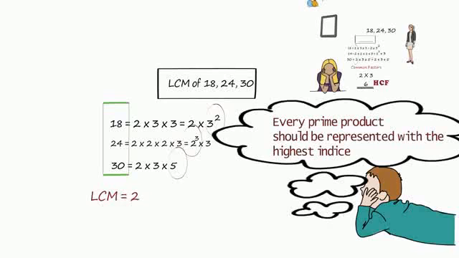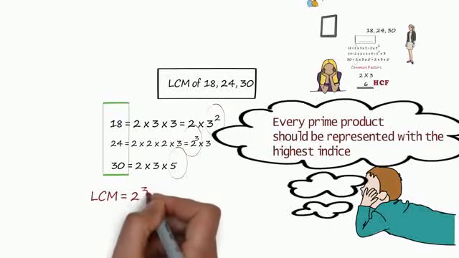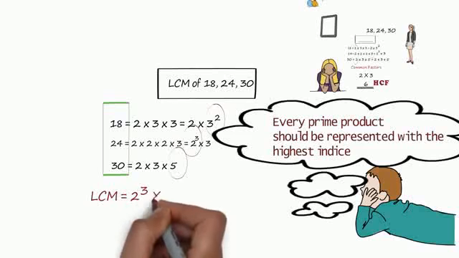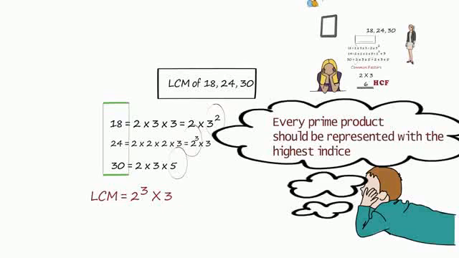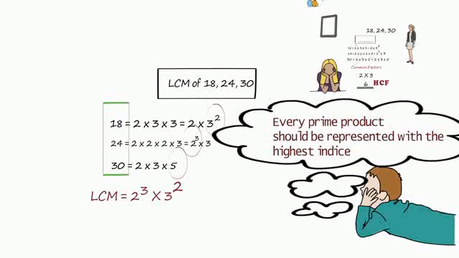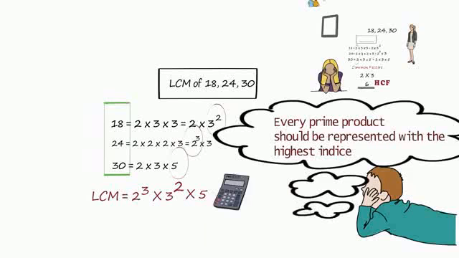It's 2, and what's the highest on 2? It's 2 to the power 3, which is a 24 there. We move on, we have 3, and what's the highest power of 3? That's 3 to the power 2, which is represented by 18 there. And then we know we have 5. And what's the highest? It's 5 to the power 1. So it's a matter of just calculating the answer there. You can use your calculator and you get 360. So the LCM